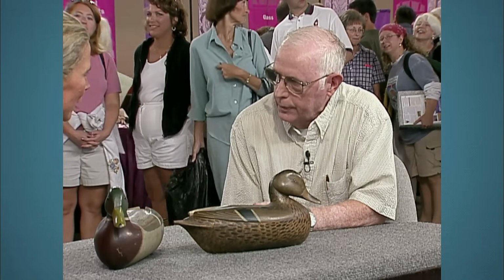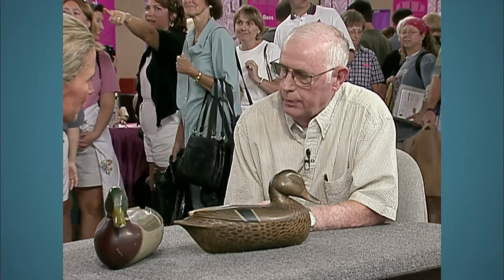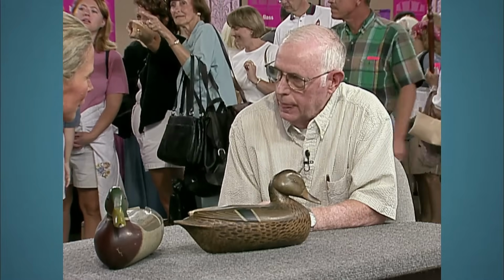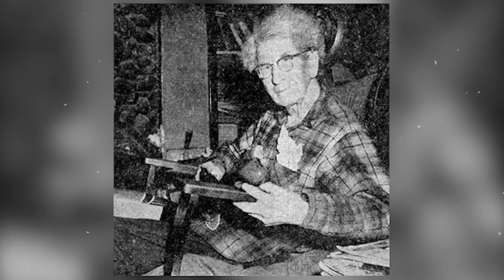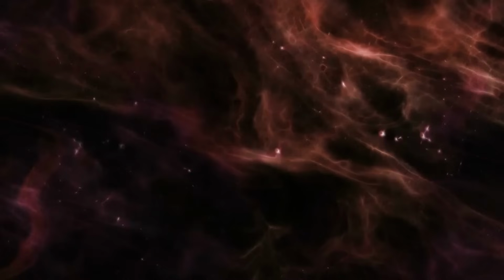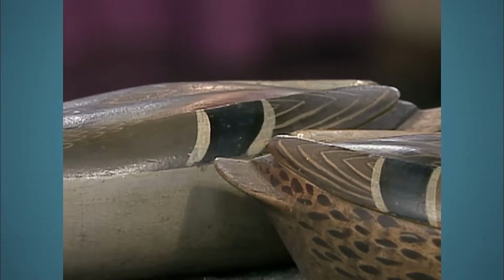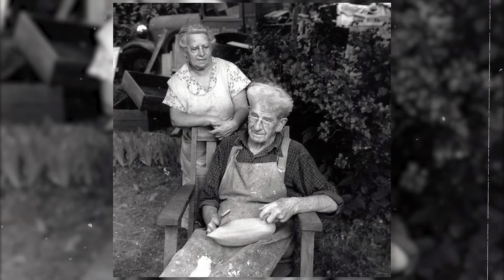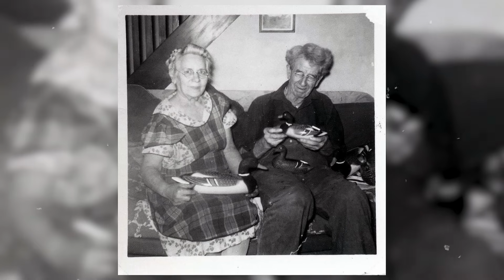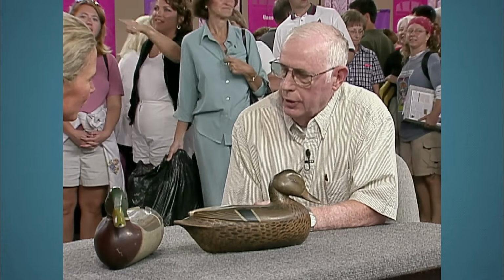The guest shared that these decoys were attributed to none other than Charles Perdue, a celebrated carver hailing from Illinois. Born in 1874 in Henry, Illinois, Perdue's craftsmanship was renowned, particularly along the banks of the Illinois River where he carved these very decoys. Interestingly, his wife, Edna, lent her artistic touch to the pieces, showcasing her talent in painting